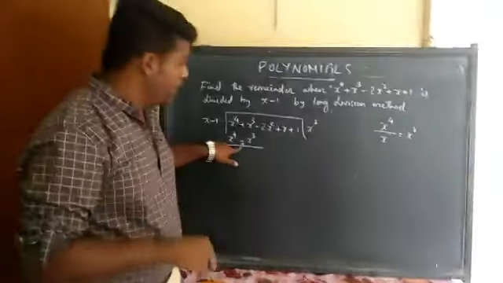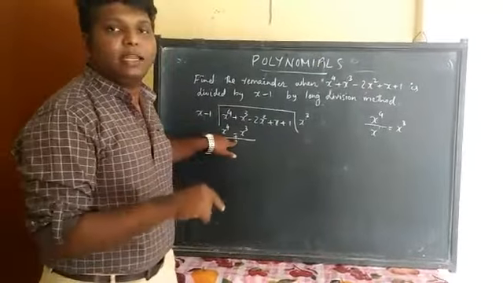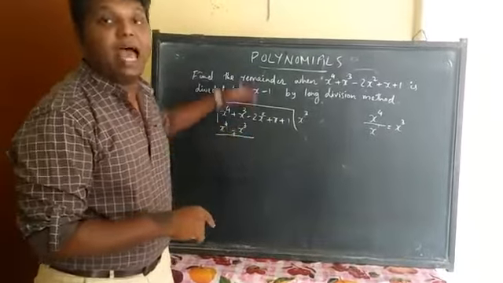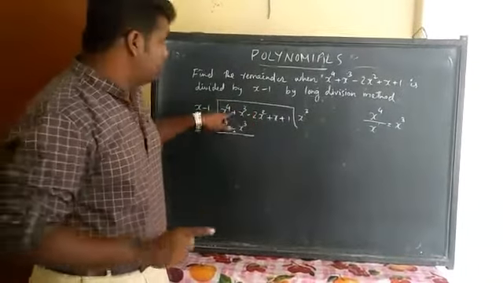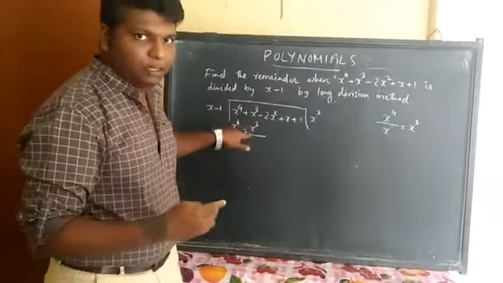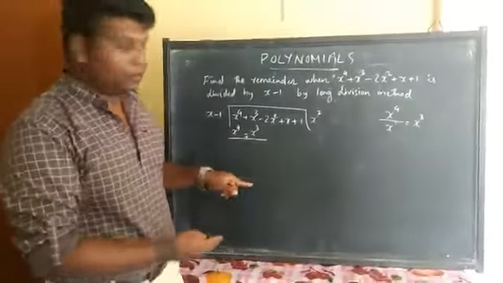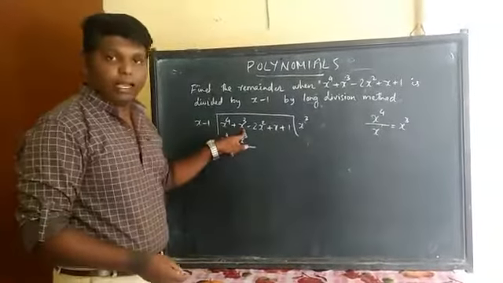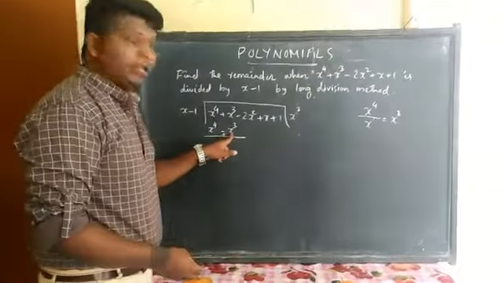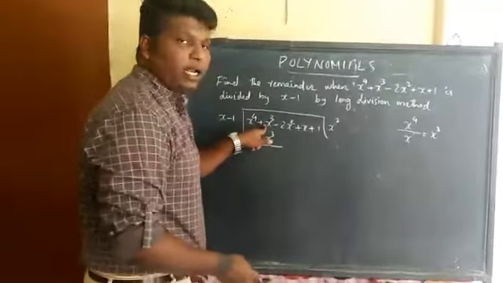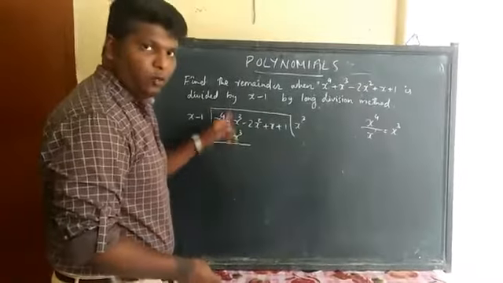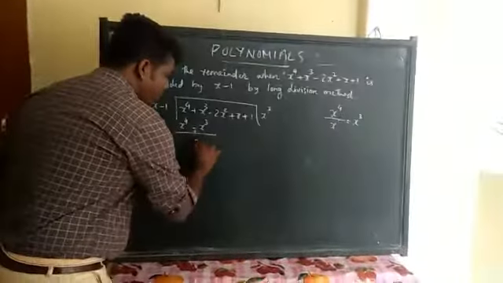I told you to change the sign. Every time change the sign of the lower number and then add them together. Listen, change the sign of the second number, the beneath number, the lower number. Then add them together. So here it is plus x cube. Here now it becomes another plus x cube. So here it is 1x cube, here it is also 1x cube. 1 plus 1 is 2x cube.